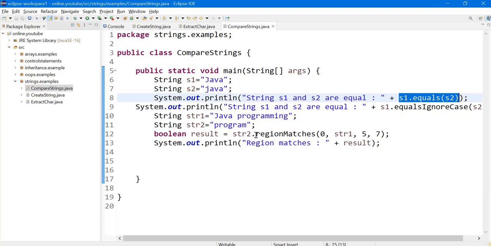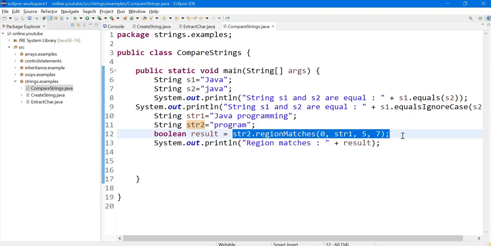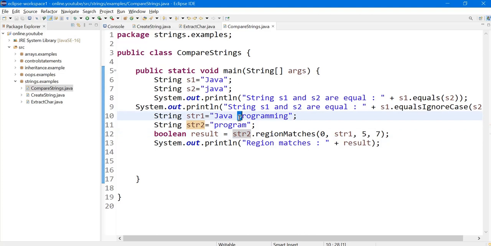Now I want to check a region of the program in str1. So I am invoking the regionMatches method on str2, from 5, that is the fifth index, followed by 7 characters.